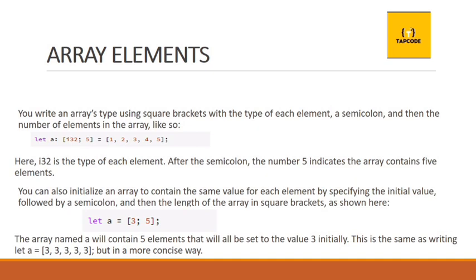Now you write an array type using square brackets, with the type of each element, a semicolon, and then the number of elements in the array, like the example below. If you look at the example below, i32 is the type of each element. After the semicolon, the number 5 indicates the array contains 5 elements. That's after the semicolon, I said okay, this is the type of the element I want, that's the 32-bit length, and 5 is the number of